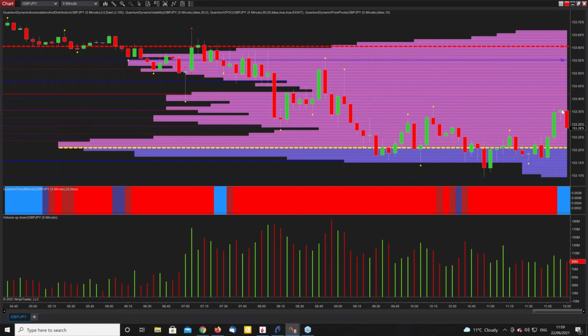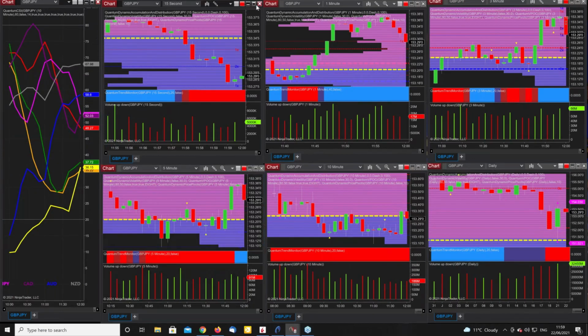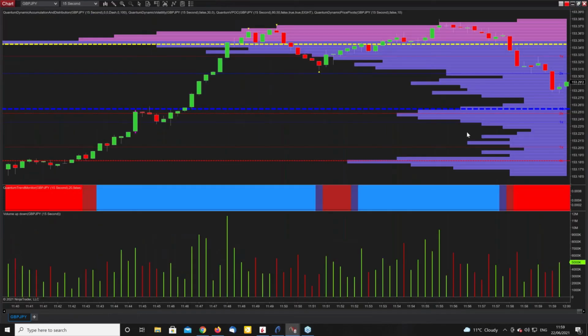And as you can see here, we ran into that and it just capped it off pretty much the same as it did here, capped it off there with a pivot. It's not looking particularly strong. And if we go back onto our 15-second chart, just to round off, we set the levels there, didn't really get through, plunged through there.